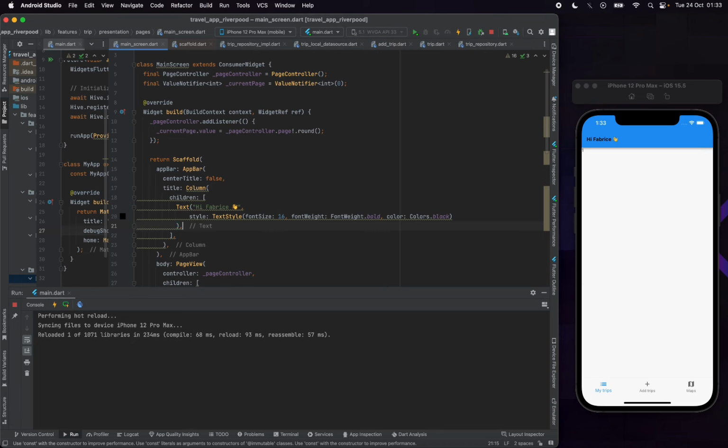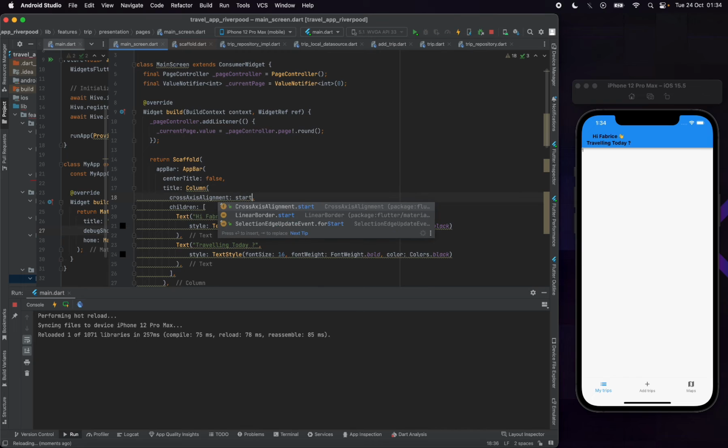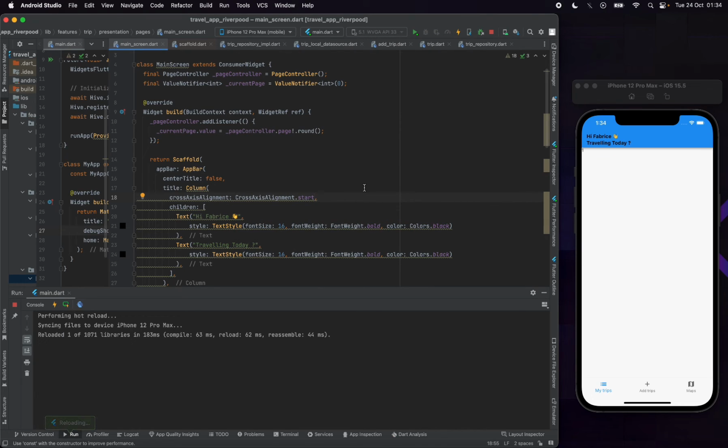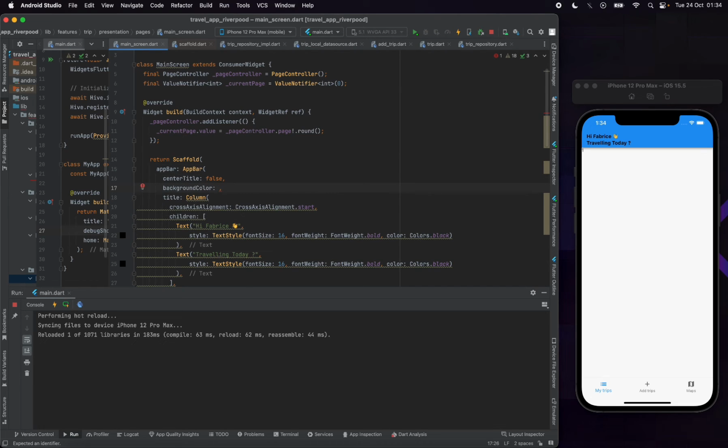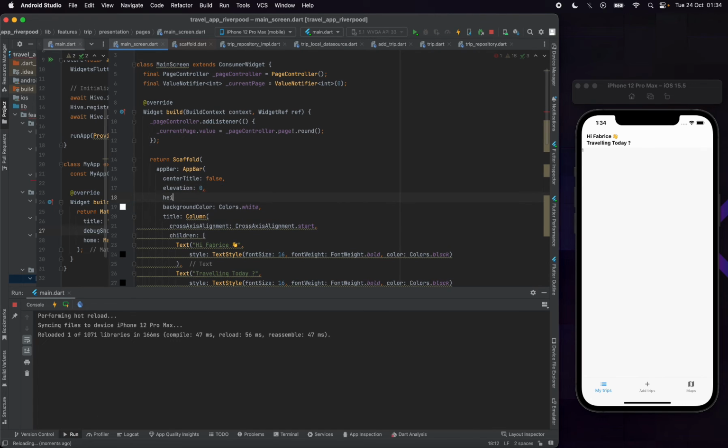That's great. Now let's just copy paste this one, and we can just say traveling today. Nice. Let's just add some background color. Let's just put white, so we can just have this, and elevation to 0. And if you want to increase,